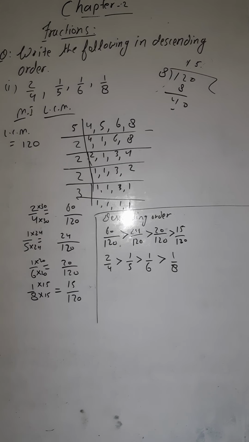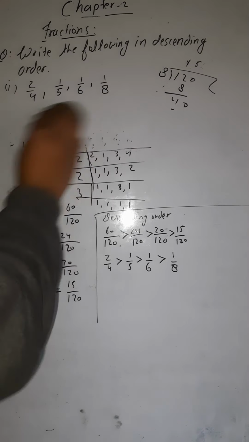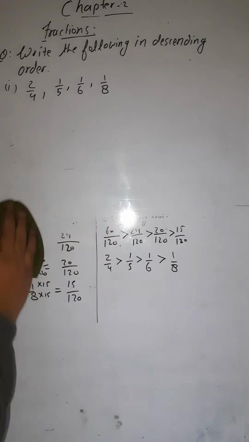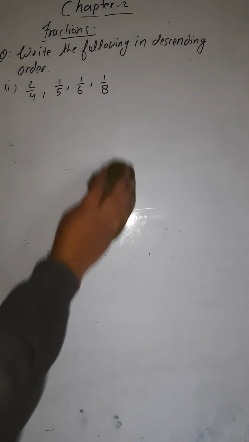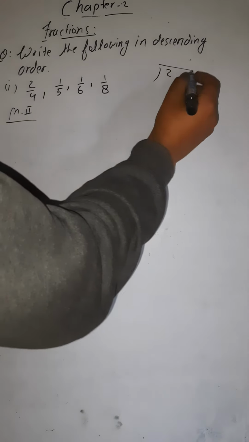Now we would do this question by method number 2, where we are going to divide the numerator by the denominator. Okay. So just note it down. Now if you have noted this, let me erase this. Okay. Let's move to method number 2, that is the division method. So here we are going to divide the numerator by the denominator. So first we will divide this 2 by 4.